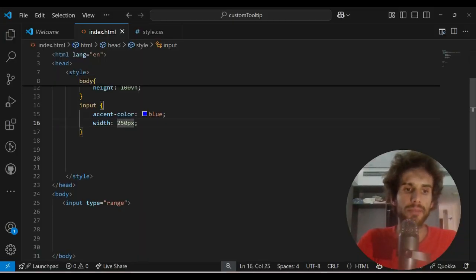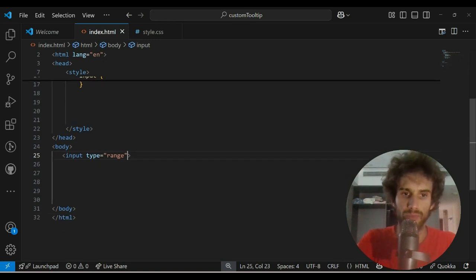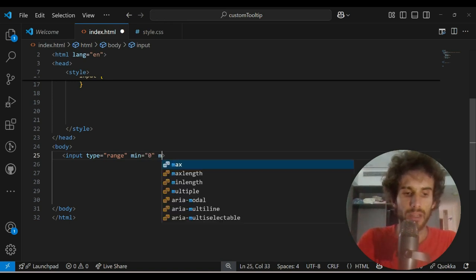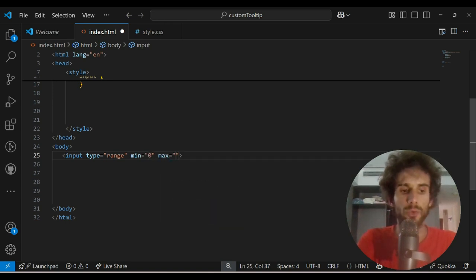Then input type range accepts a minimum and a maximum value. By default they are 0 and 100. You can override them with anything you want. You could even give to min a negative value. It's not a problem. Anyway, 0 and 100 are good